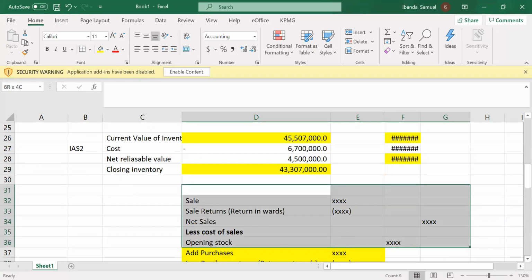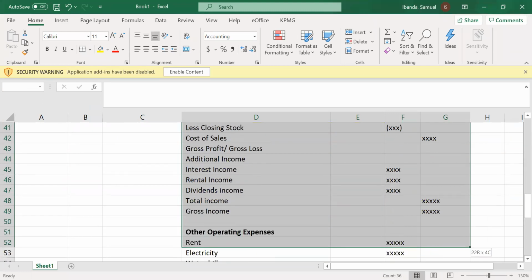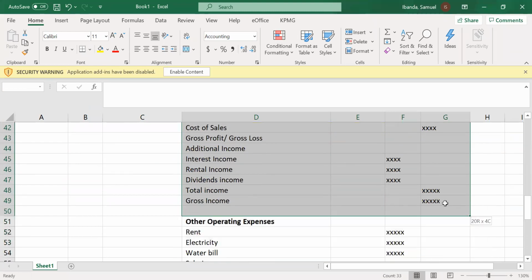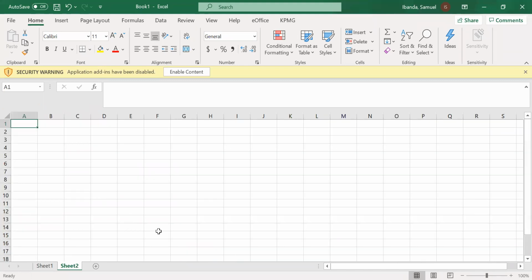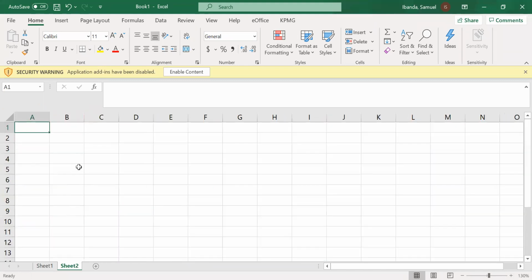They will ask you to prepare this, but in this case, they didn't ask you to prepare this. So in this case, what do we exactly do? I want you to look critically here as we proceed through this question. Since they have asked you for adjusted profit, what you basically do is start with your